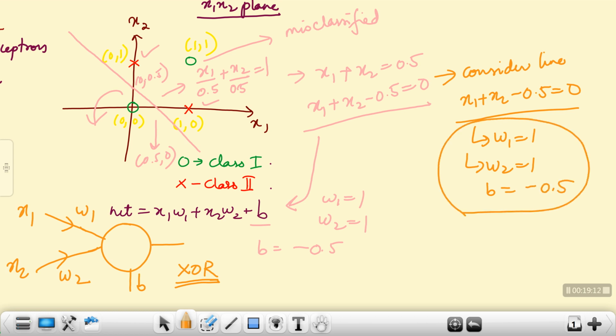But by using this, what will happen is that 0, 0 is classified